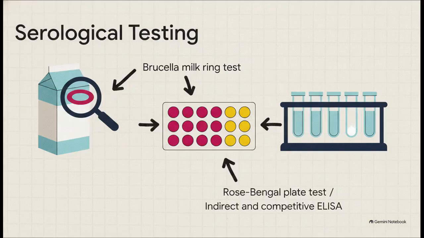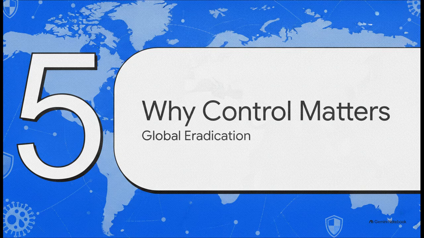But as you can guess, culturing the bacteria is way too slow for real-world farming. To manage herds, veterinarians rely on a layered toolkit of serological tests. We have the continuous monitoring of bulk milk using the Brucella milk ring test, which lets us keep an eye on entire dairy herds at months. For rapid individual screening, the Rose-Bengal plate test is the standard go-to. And if an animal flags positive, we bring out the heavy artillery, rigorous confirmatory tests like the complement fixation test or modern ELISAs. These tests are the literal frontline defense in figuring out exactly which animals are hiding this invisible threat.